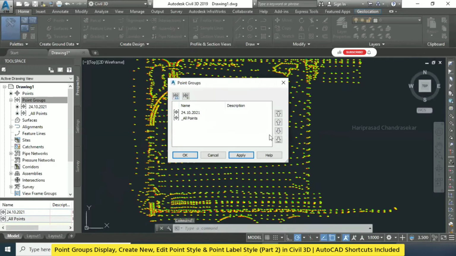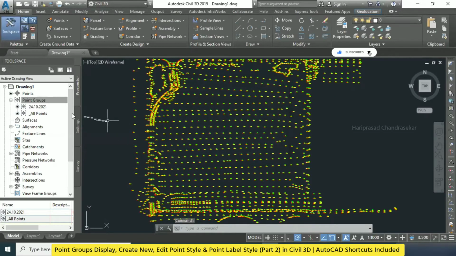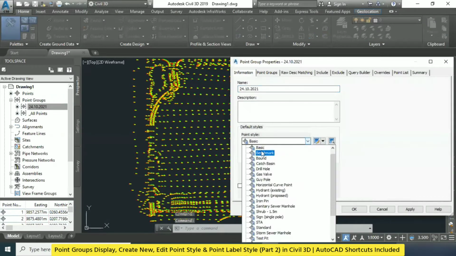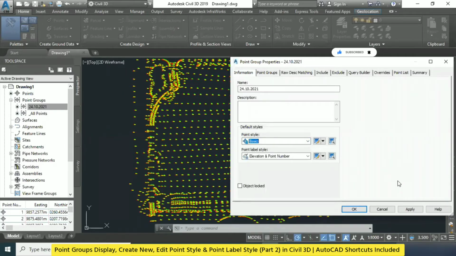But if you are going and editing the group we have created, there also we can edit. No, it shows only the point. You mean from here you can just go for property, and there also you can go for none. Only elevation or only the basic means we can have only the benchmark. No, you can go for none also, or you can go for benchmark. Yeah, only elevation like that. Okay. It's not like we are changing toggle up and down. No, here also we can change it. Okay.